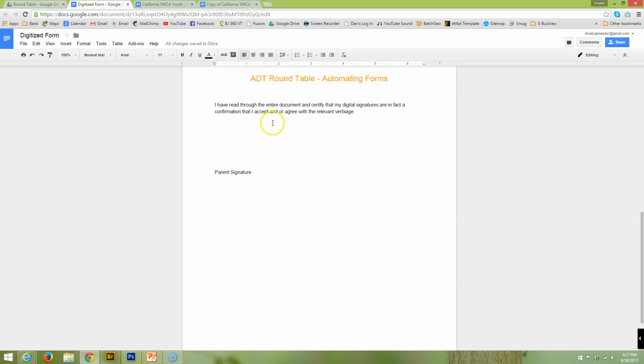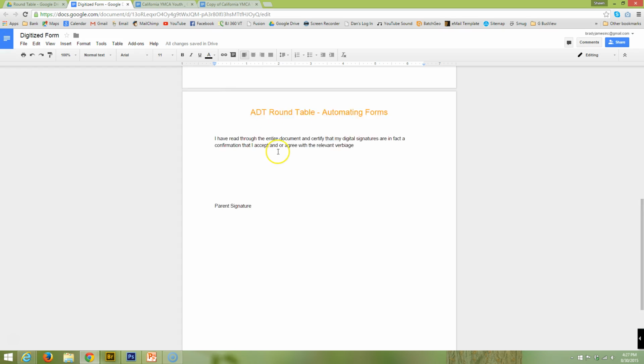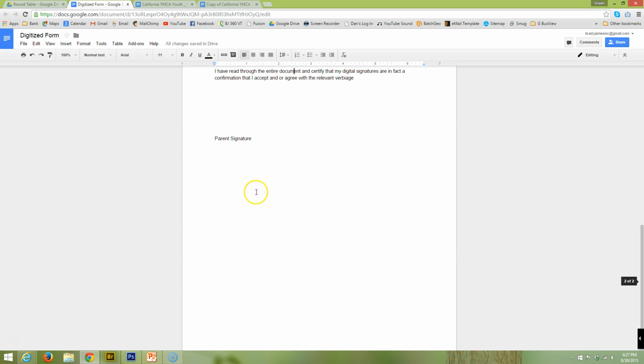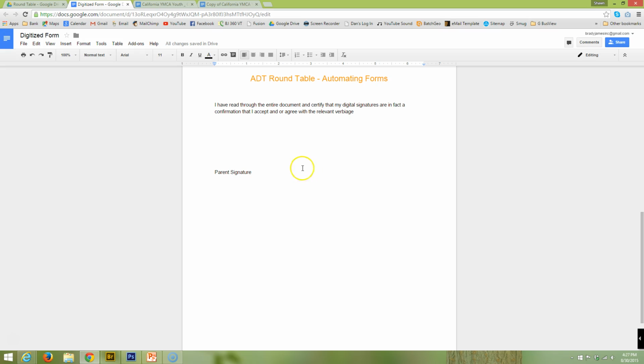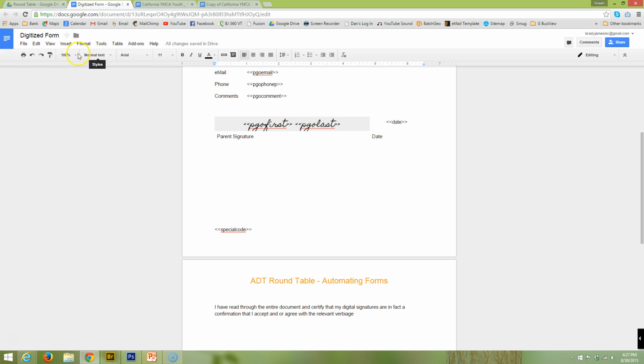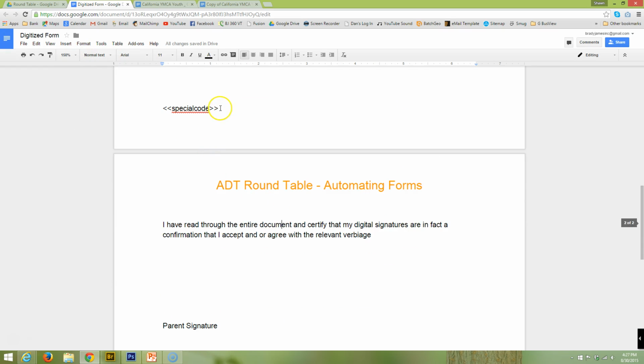But so they're going to end up getting an entire form, because we're doing registration forms right now. And what I like to do is for the very last page, just to make everything completely compliant, we have them print out the last page with some text saying that they read through it and their signatures are valid, and then we have them actually sign this with a pen and return it to us. And when we do that, I like to put in, let's say, a special code in the footer that they type in, and it could be something like just as long as it's unique. So, like the timestamp of when they submitted the form, or what I do is I just have